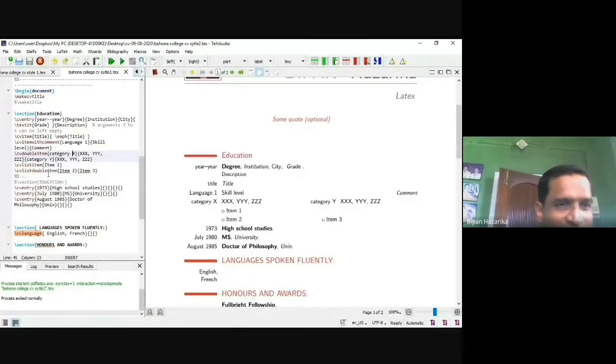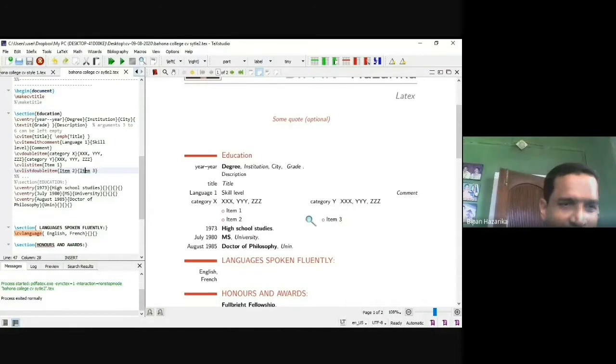Here you see a CV list double item, which means there is a gap between item 2 and item 3. For item 1, I have not written any other items, so only one item is shown. In the second line, CV list double item, item 1 in the curly bracket, always write item 2. So that means 2 items are shown, and double gives a gap.